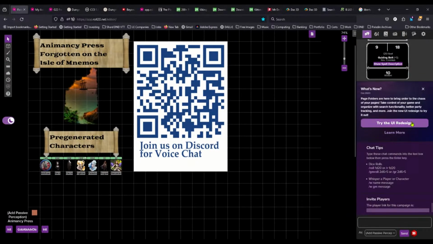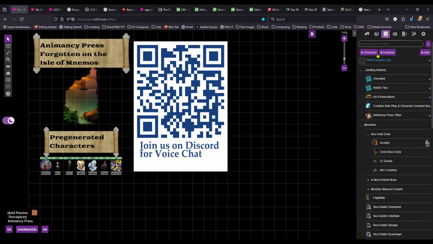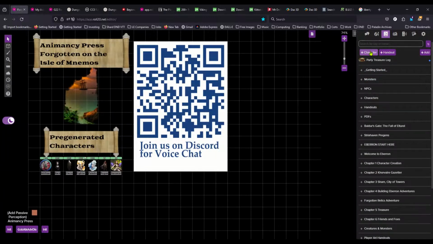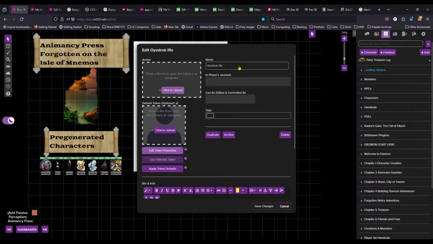All right. So first, I'll start with a tutorial on how to set up your Roll20 character token. This is assuming that you have used D&D Beyond to create your character, and that you will now need a token, or a character token, in Roll20 to navigate the map. And so for that, we will add character, and then we will give your character a